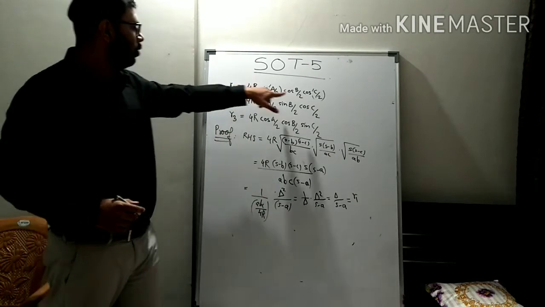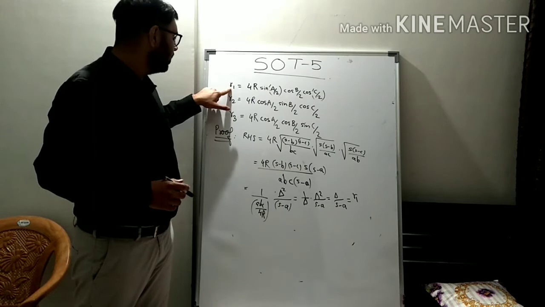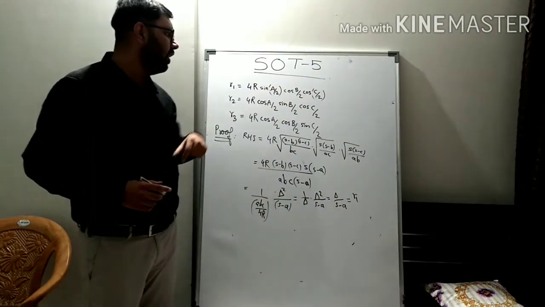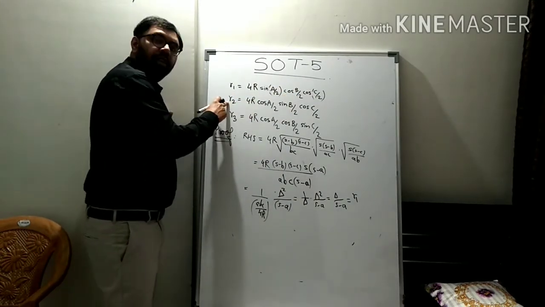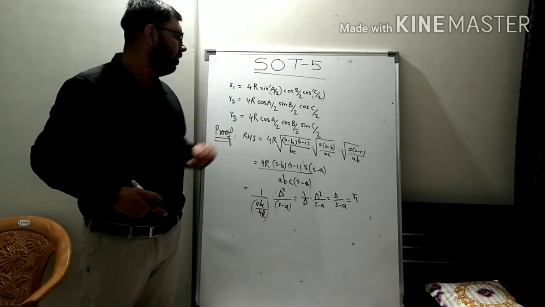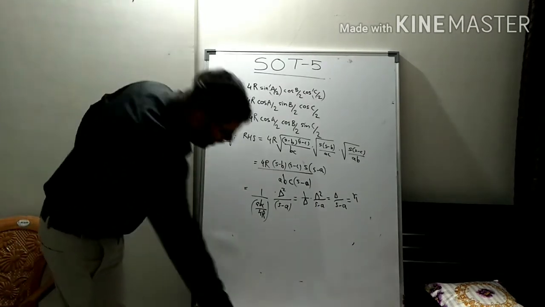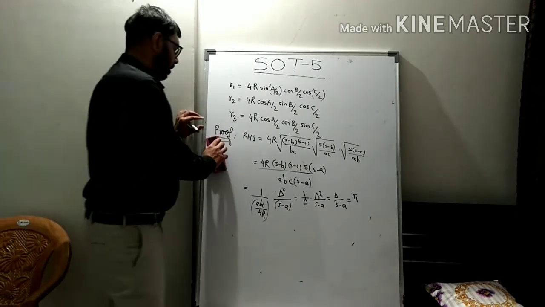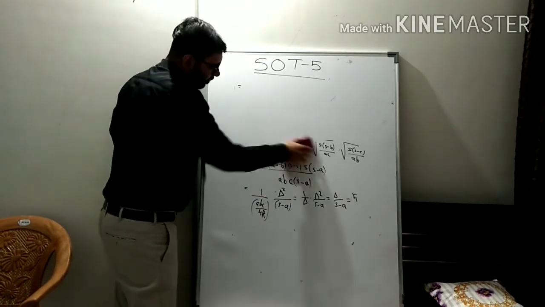So 4R, whatever the exradius is, the radius of the excircle opposite to angle A, for that we will take sine, and for the remaining vertices we will take cos. So r1 equals 4R sin A by 2 cos B by 2 cos C by 2. Similarly, for r2, for B I will take sine because this is opposite to B, and for A and C I will take cos, and similarly you can write for r3. This is how you can relate the exradii and the circumradius. Okay, so this was some important theory which was remaining.